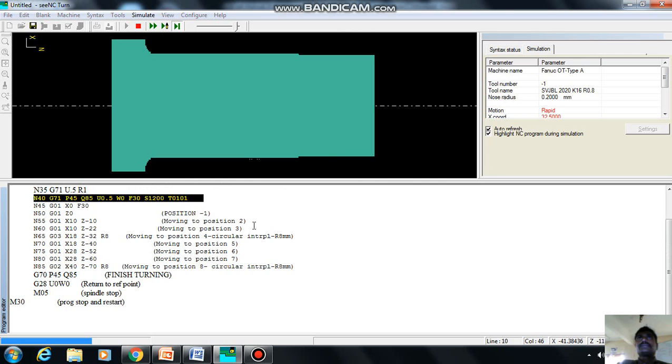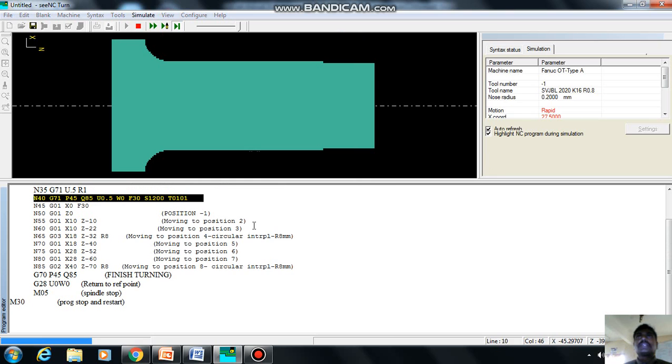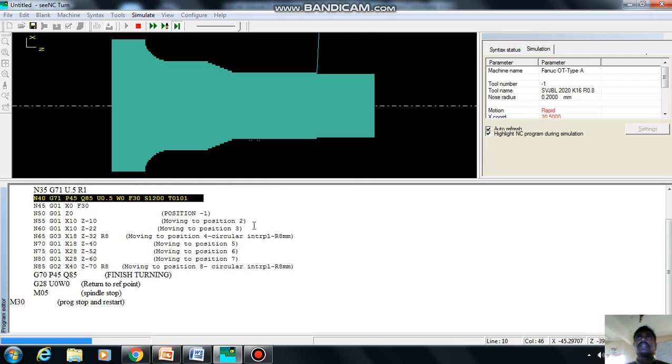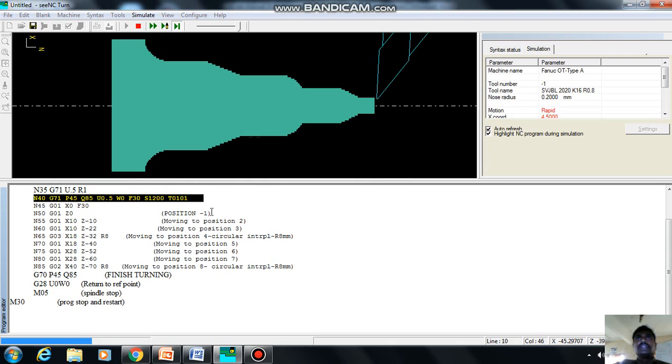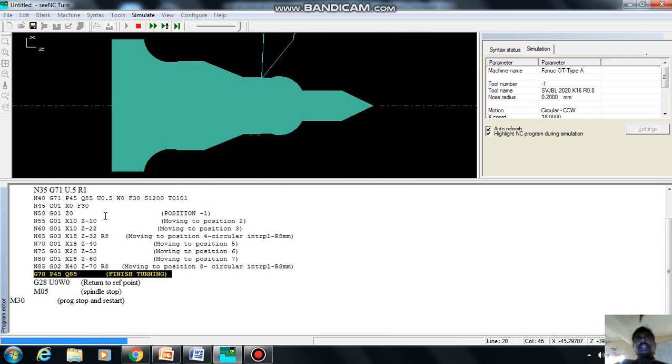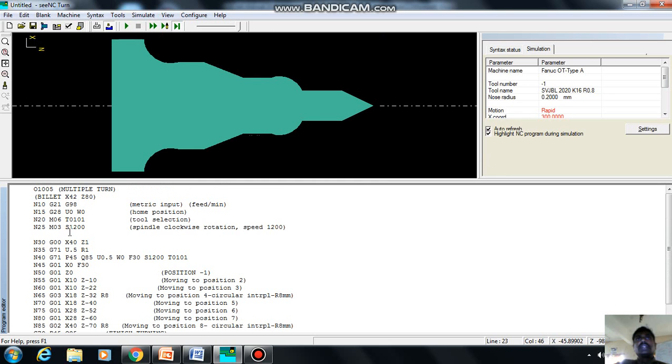Writing the part program and the simulation are most important for this lab. So error should not come. If there is any error, then rectify it and then we can play it. Once the error is fixed, immediately you have to go for syntax. You check the syntax, then only your errors will be rectified. If there is any problem, then it should be rectified and you have to run syntax. Suppose I am missing something, like the tool number or M codes, immediately it will show the error over here. Right, so this is how it is to be done.